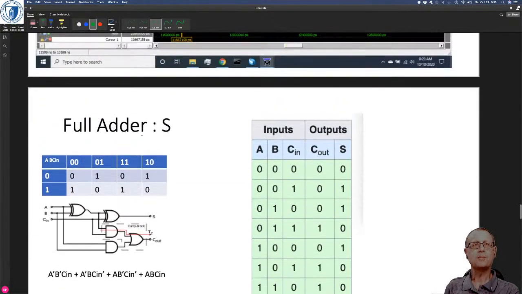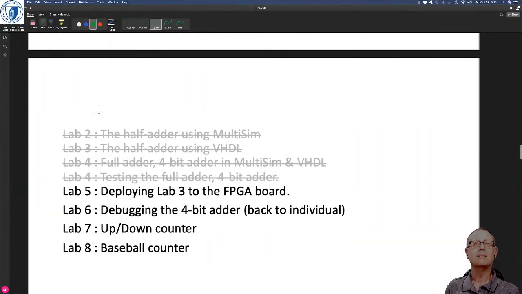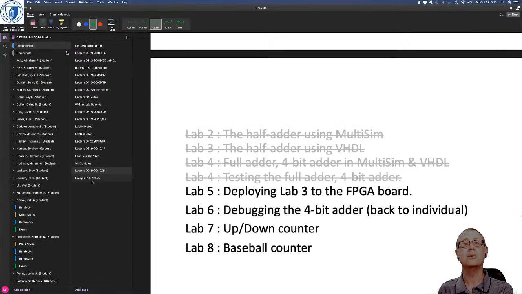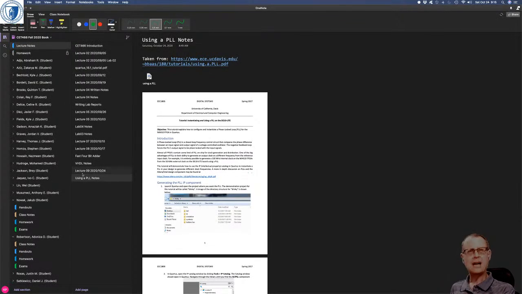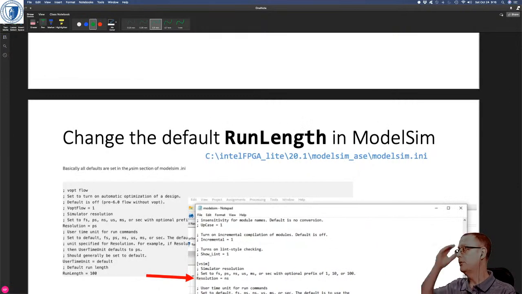So I do want to spend a lot more time today on labs, but I do want to show you one other thing about Quartus, and I didn't have the time to put together any appropriate notes, so I've done what any of us would do. I've gone onto the internet and I've found some notes, and I can show you how it works live on Quartus. But let's just quickly have a look at the notes. Right, so actually, before we go there, what do I want to see? I want to see